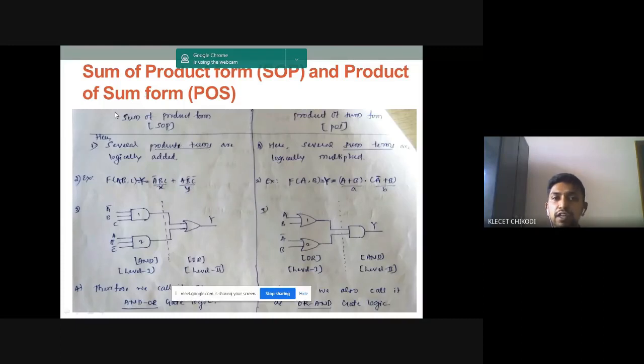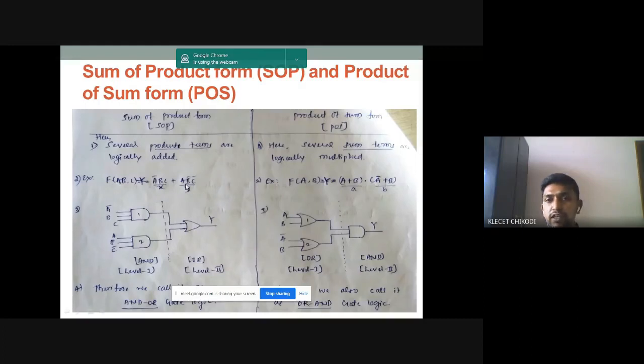Then what we are doing here in SOP, we are summing these product terms. You can see that if you write X plus Y, you will get A bar BC plus A B bar C. So this is the sum of product form. That is, this Boolean expression is in sum of product form, and whatever you have solved in the previous examples are also sum of product form examples.